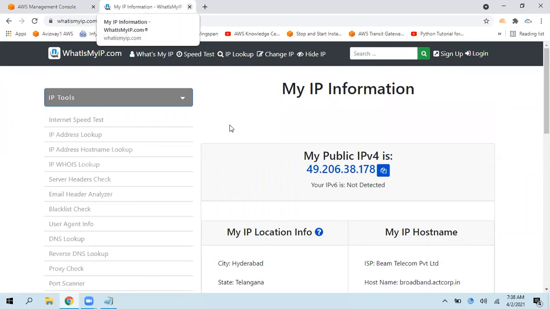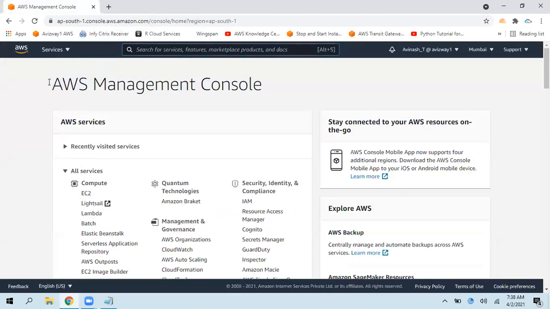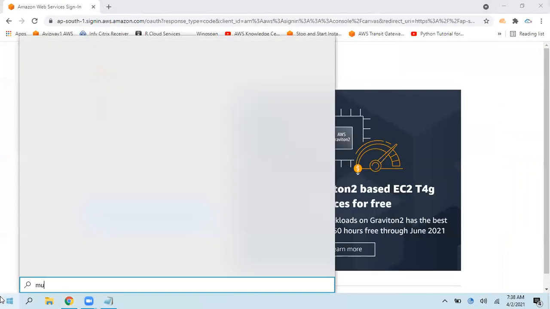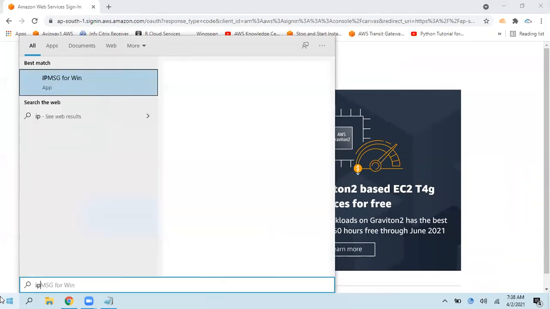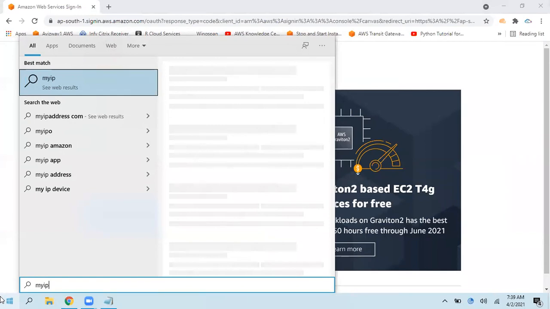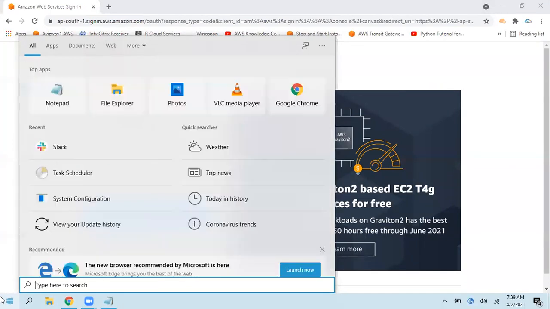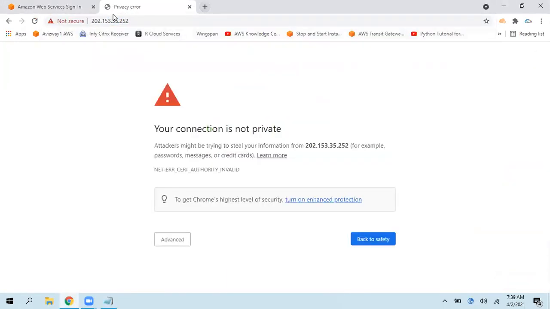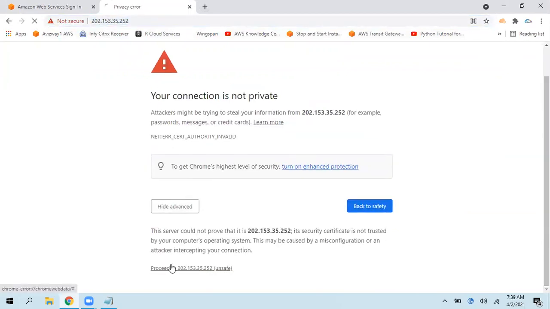But in our organization, we are going to purchase dedicated IP addresses that are going to be fixed for years and years. For example, this is one of the IP addresses that's fixed for that organization.